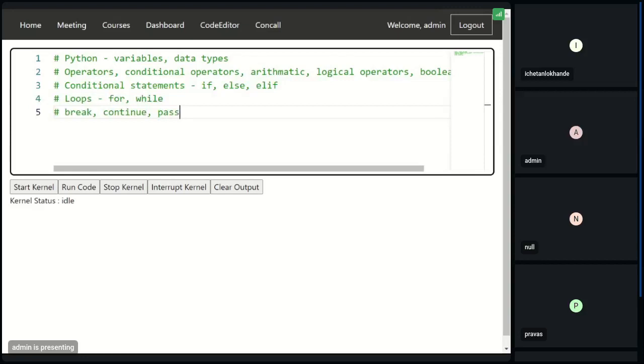Continue is to just skip certain elements out of your loop. You don't want to do any kind of operations for that iteration basically. So whatever is that iteration, if certain condition is there, you don't want to do any operation,